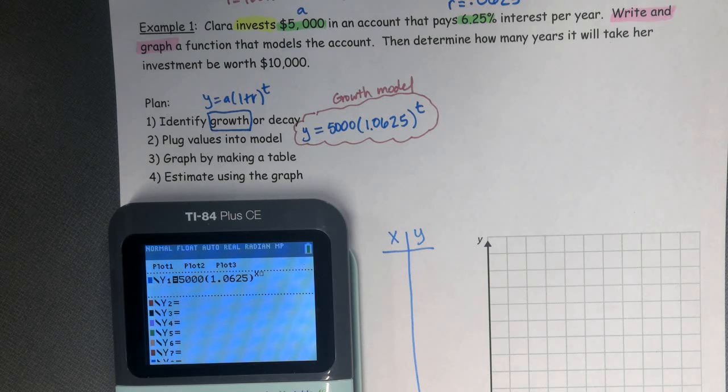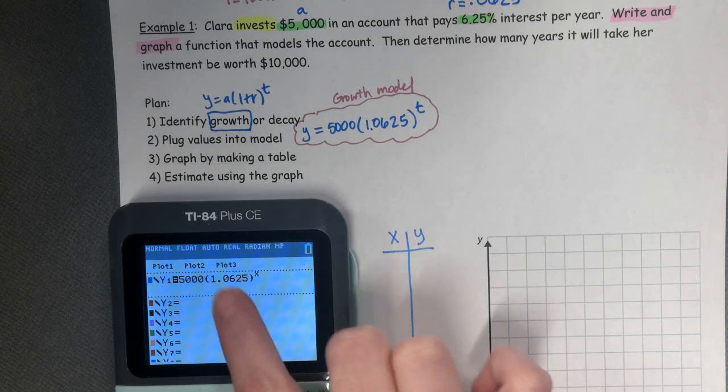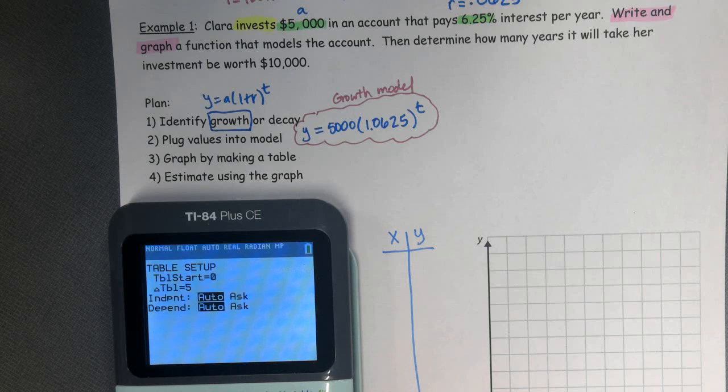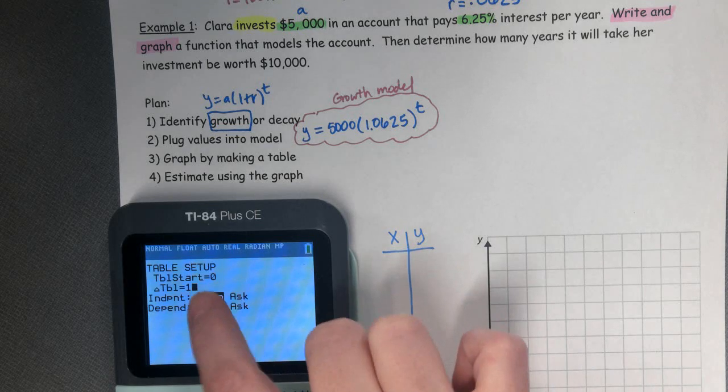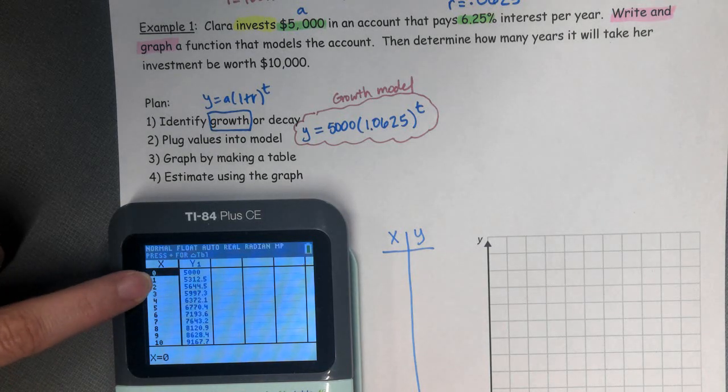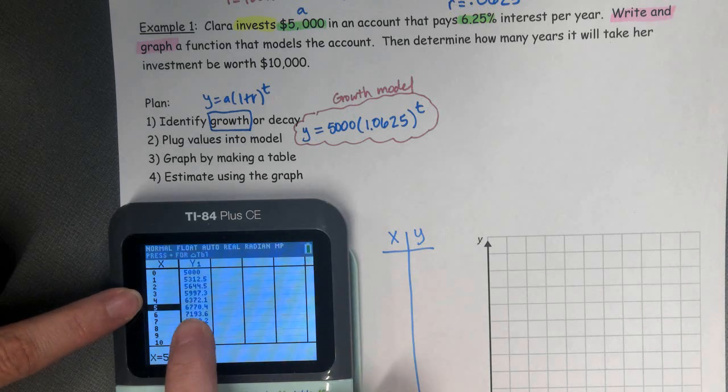My window actually already is big, but yes, we are going to have to. So when I'm looking at this, I'm going to go to my table. Okay, so if it isn't already starting at 0, we want it to start at 0. And if you look here, if I just went by ones, this would only take me to